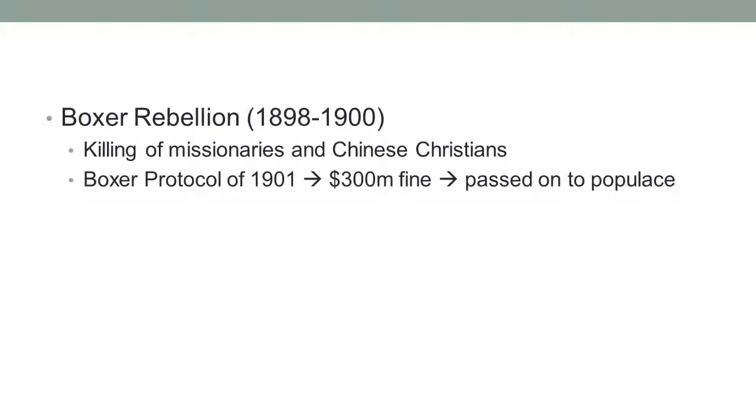Because this was a Chinese uprising against the Europeans, and because the Europeans won, they were able to force the Chinese government into massive concessions. Which brings me to the second way that the missionaries were used by their home governments. Essentially, once missionaries were killed, they used this as an excuse to now further intrude on the country, to plant armies where they didn't have before, and to be able to, because they have to protect their people, gain even more control over the government.